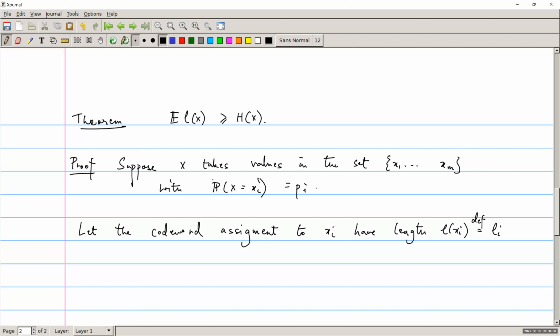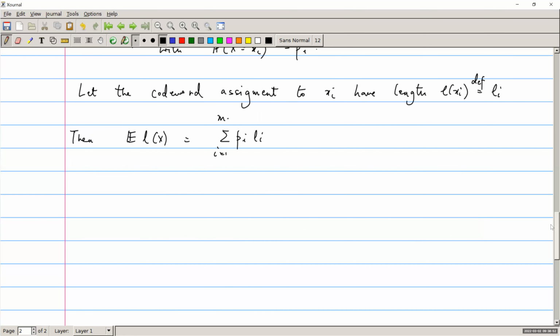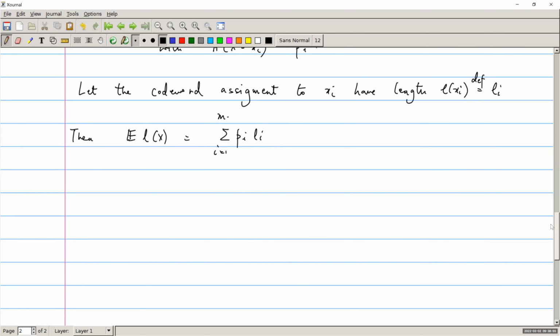Multiple symbols could have code words of the same length. Then the expected code length is the summation of pi li. The expected code length is the weighted average of all these lengths. Now what we are going to do is look at the expected code length minus the entropy. And this is going to be summation pi li minus